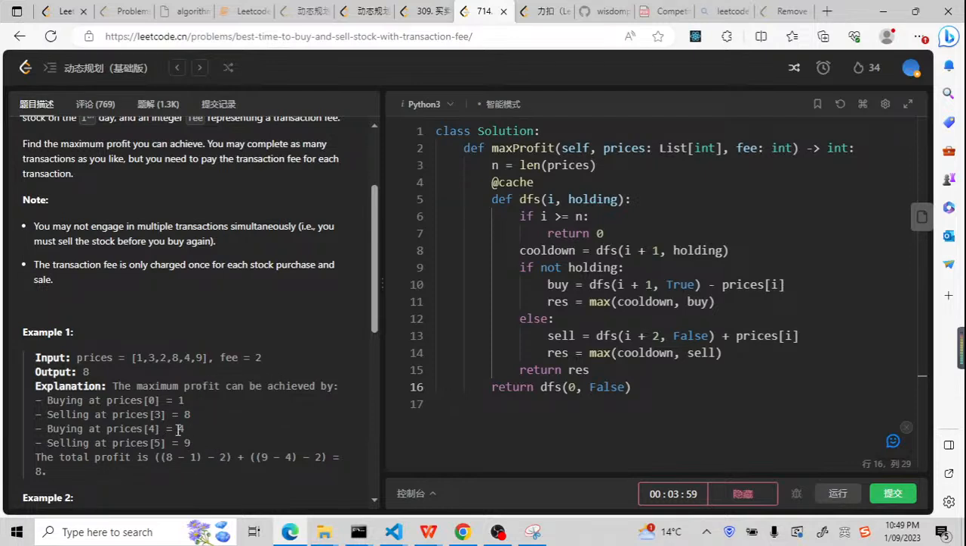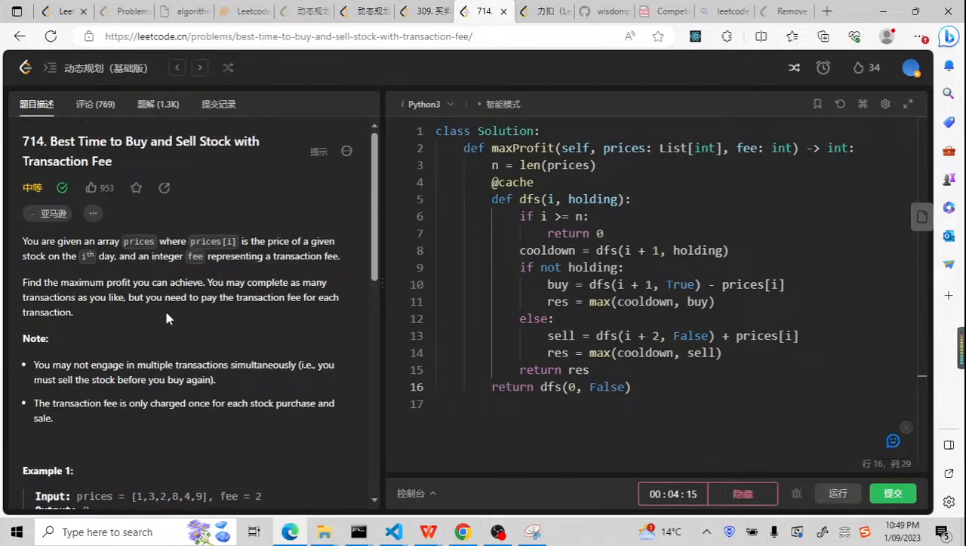And also, we're going to start from 4 and go to 9. From 4, buy it. And at 9, we're going to sell it. At the same time, we need to minus a transaction fee of 2. After that, we're going to get a result of 8. As you can see, this is no different from other stock problems, especially the best time to buy and